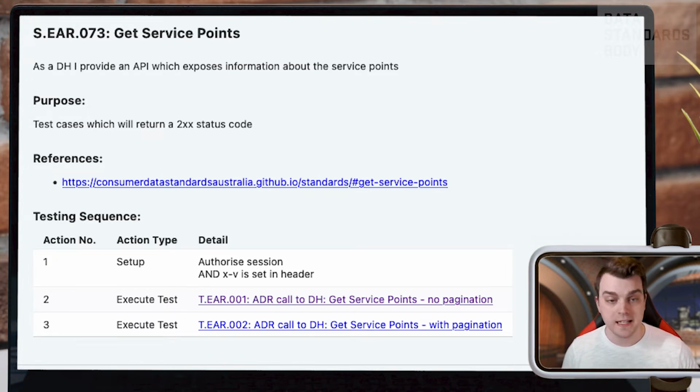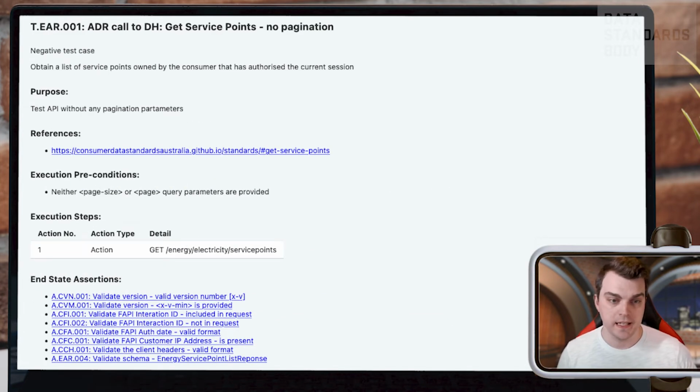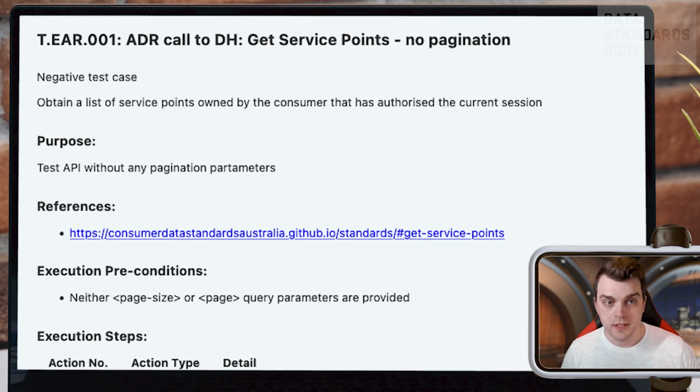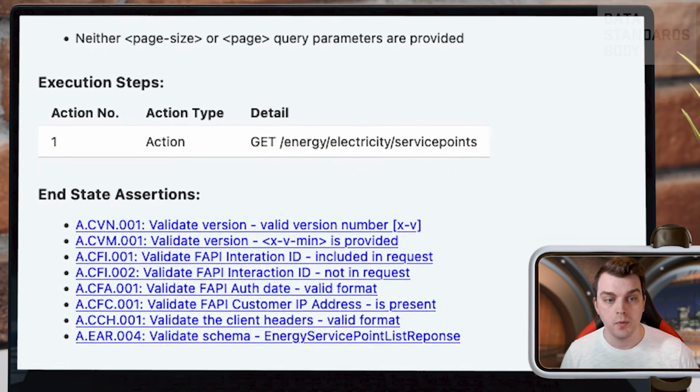Now, as part of this testing sequence, we provide two particular tests, one with no pagination and one with pagination. What you can do then is hit that first example, and it now pops open to give you an example of that particular test case. As you walk through this, you have your negative test case around, again, purpose, references, and execution or preconditions as part of it, execution steps, and then finally some end state assertions, which are fantastic to validate that this case has been completed. Let's take the first one, which is